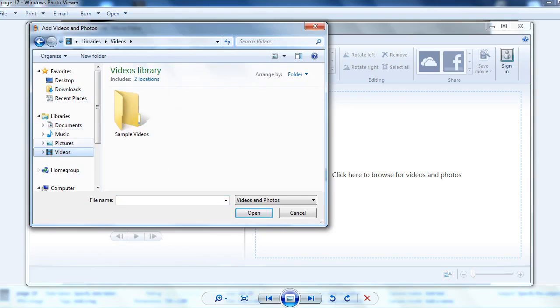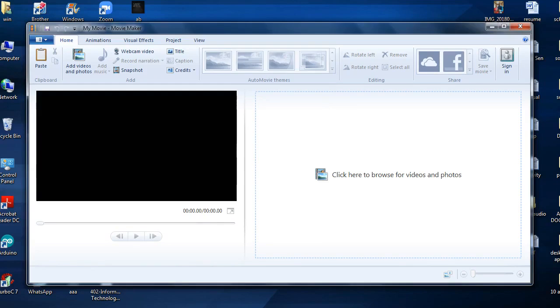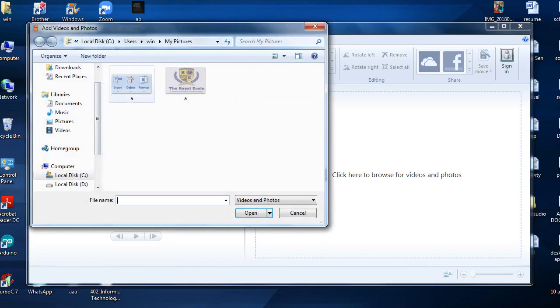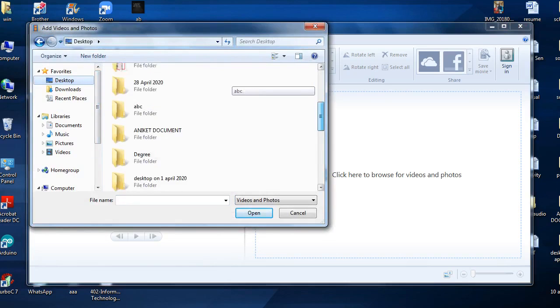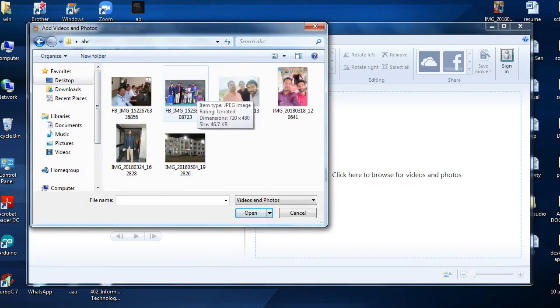Desktop. So let's add videos from here. We can take photos. Click on this Add Videos and Photos button. Then wherever the photo, video or clip is, select from that place. Suppose I want to select these photos.